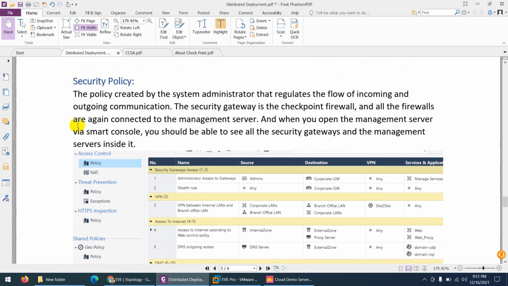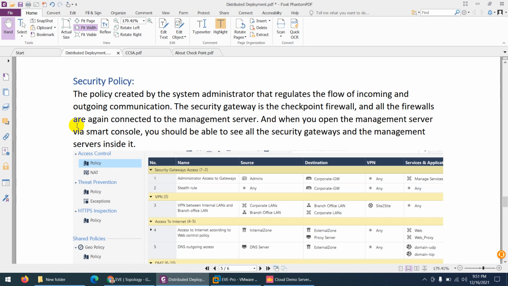Another terminology is security policy. Basically, when we are going to allow or deny someone, any user or maybe machine, just like in any other firewall, here we call it security policy.